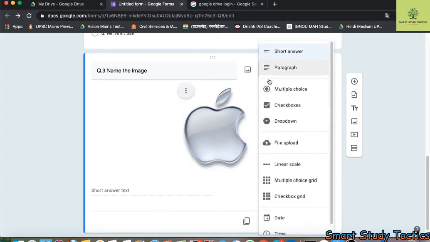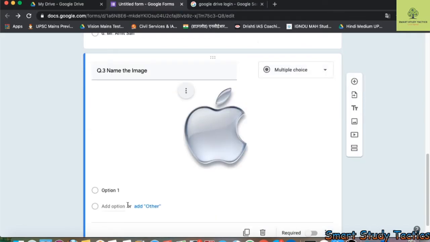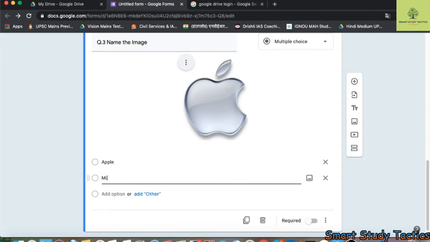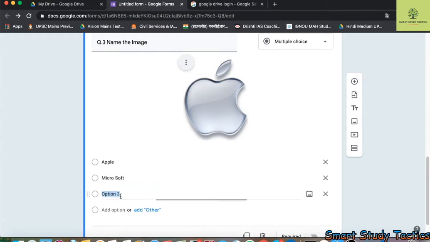Multiple choice. Click again on multiple choice. Now let's suppose I'm going to make the options Apple, Microsoft, HCL.